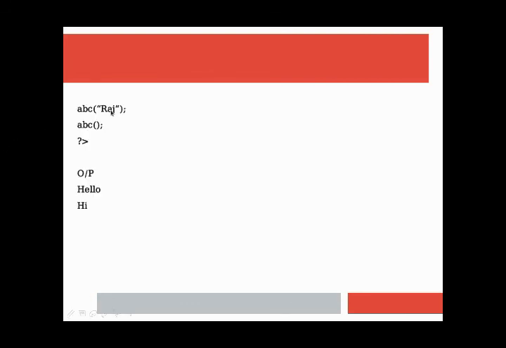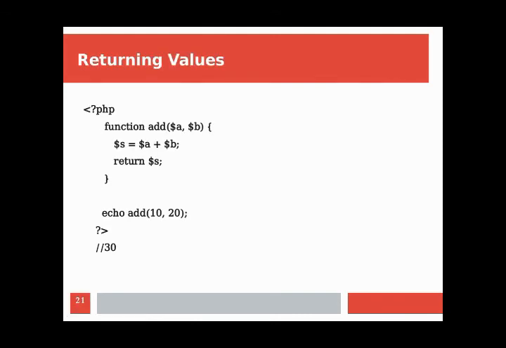That's why while calling the function, here ABC, and in brackets we take Raj. When at the time of calling we take the value Raj, it is not empty, so hello will be printed. And another time when we call ABC with the empty value, hi will be printed because of the missing parameter.